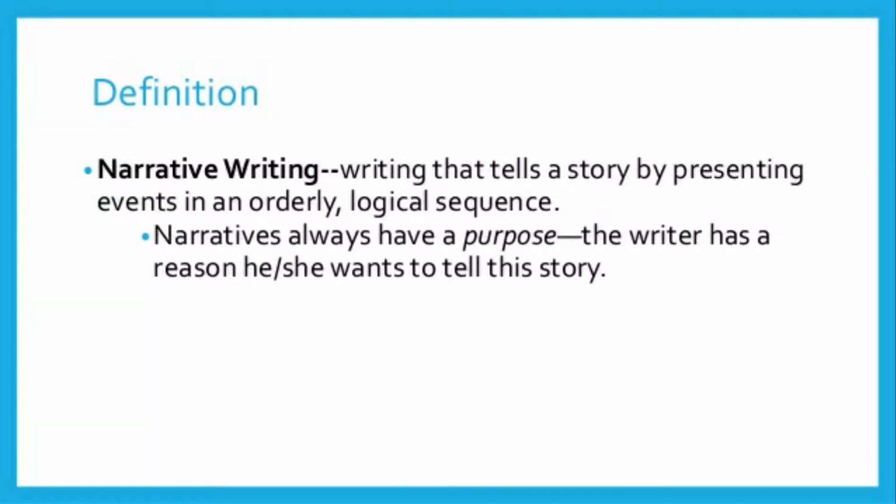When you read a story that starts with, for example, once upon a time there was a girl, there was a boy, and there was an animal, and then something happened, and after that something else happened, and they went to the forest, and at the end this happened. So these events with that logical order, with that logical sequence, are called narrative. Why is it narrative? Because someone is already narrating, is telling you a story.